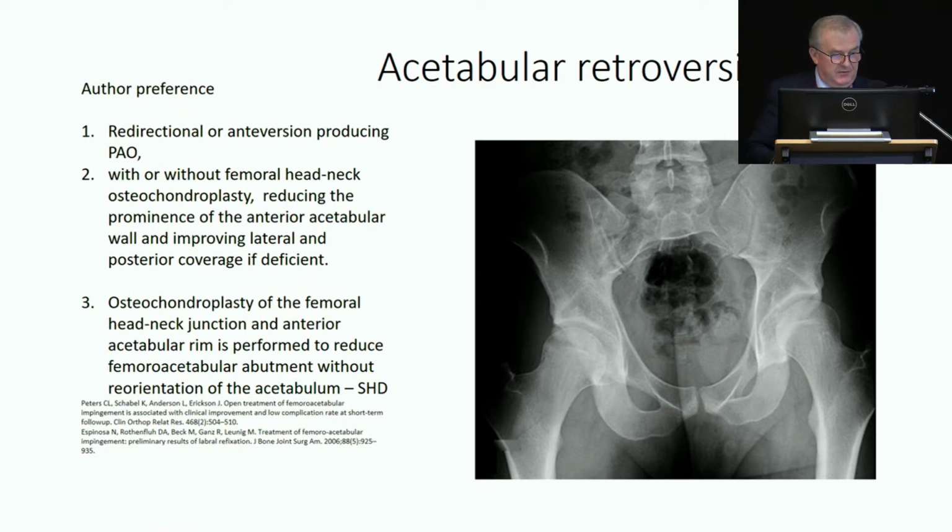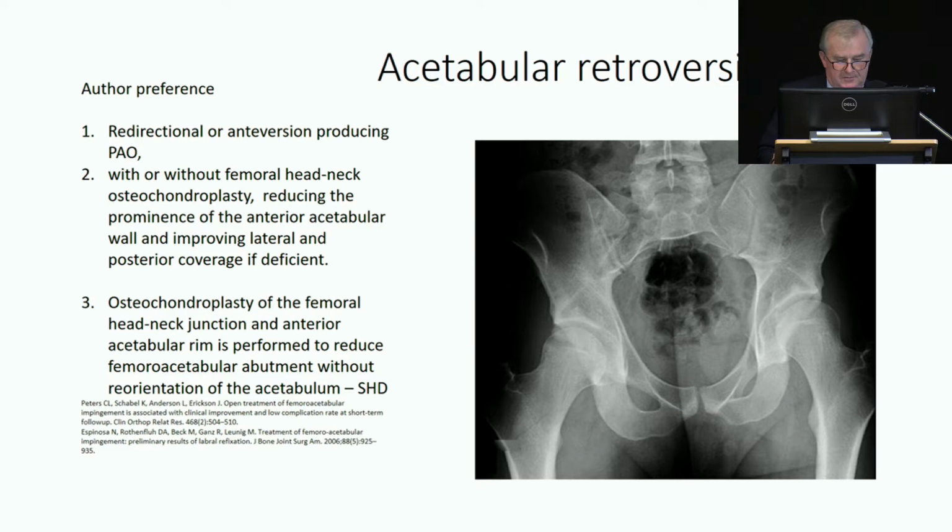My preference is redirectional, anteversion-producing PAO with or without femoral head-neck osteochondroplasty, reducing the prominence of the anterior acetabular wall and improving lateral and posterior coverage if deficient. The other option is osteochondroplasty of the femoral head-neck junction and the anterior acetabular rim to reduce the femoroacetabular impingement abutment, with reorientation of the acetabulum